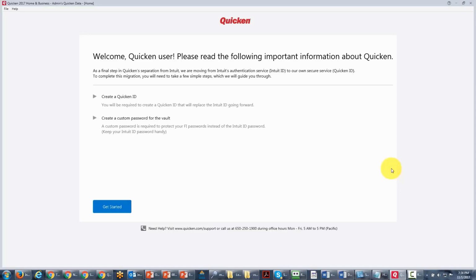Hello and welcome. You are now looking at the welcome screen from the Quicken personal financial software being used on the desktop. You'll notice on the welcome screen that if you have an older version, you'll be asked by Quicken to create a new ID. There used to be a time when this software was actually owned by a company called Intuit, and the differences